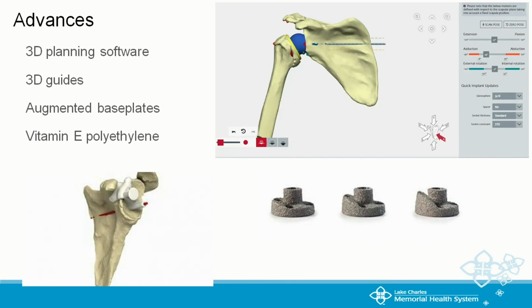Then we talk about advances. We've gotten really advanced over the last several years. We have 3D planning software. We have 3D guides. We have augmented base plates, and the base plate is the item down on the bottom right. The socket doesn't always wear uniformly. It doesn't always wear into just a degraded cup. Sometimes it degrades a little more anterior, sometimes a little more posterior, and we've got a plan for that because we have to correct your anatomy so you don't dislocate,